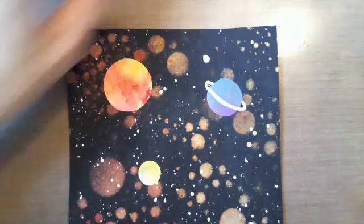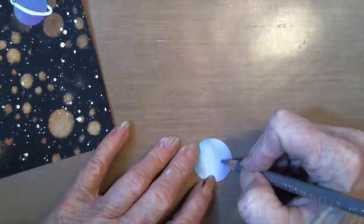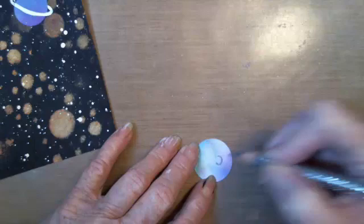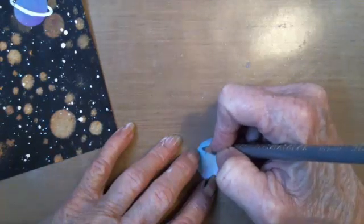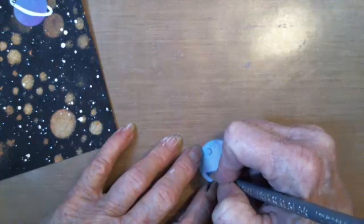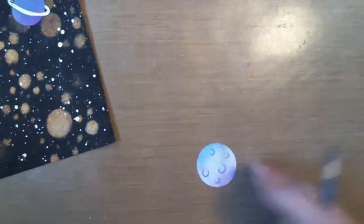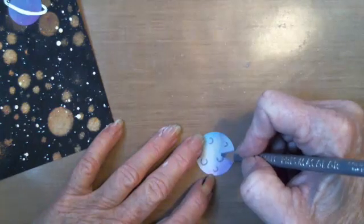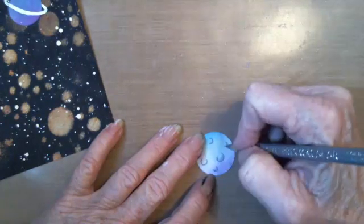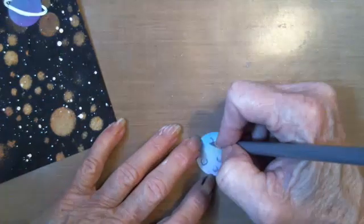Alright, on one of these other planets here, and I splattered that gold everywhere. I'm just going to go ahead and put some craters on here, just to see if I like it. Does that look like craters on the moon? Because after I get them on, I can't get them off. I mean, I could erase to some extent, but